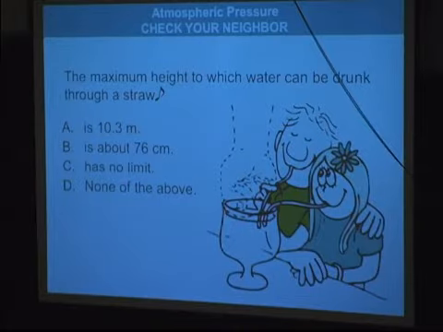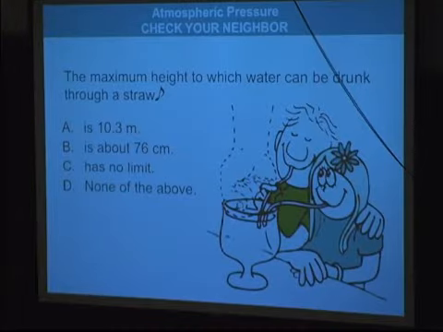What allows you to get water up? Is it your sucking power? Or are you just causing a difference in pressure between the two ends and the air in the room is just pushing it up? Well, if that's true, how much pressure can the air in the room push? And what's it have to hold back? Do you think it's about 10 meters of water? It's that strong? You think our lungs are that strong, or the air in the room, or is it only like 76 centimeters? Or maybe there's no limit? You can just keep sucking away, because maybe you can do it in little sucks and just keep rising up. What do you think? Most of you have voted.